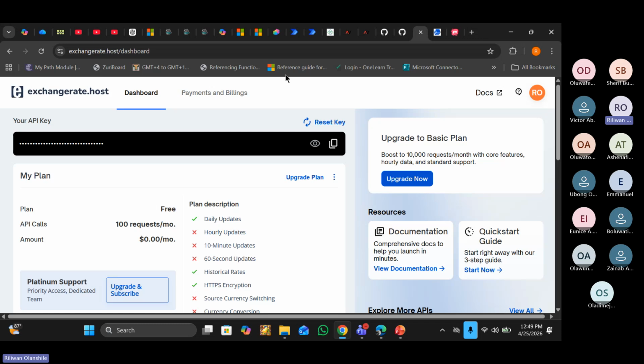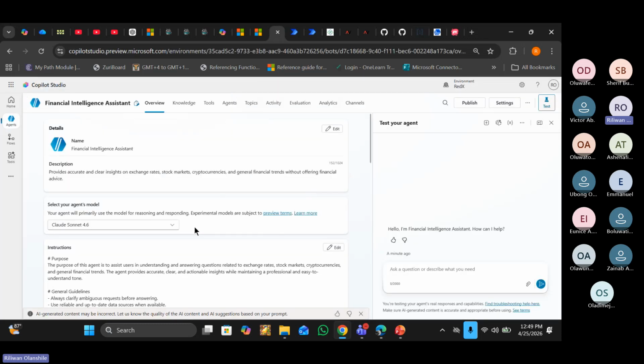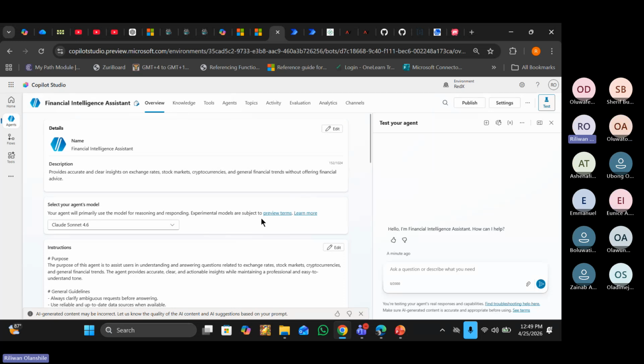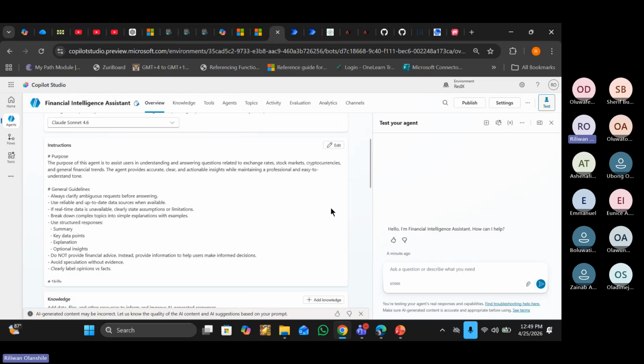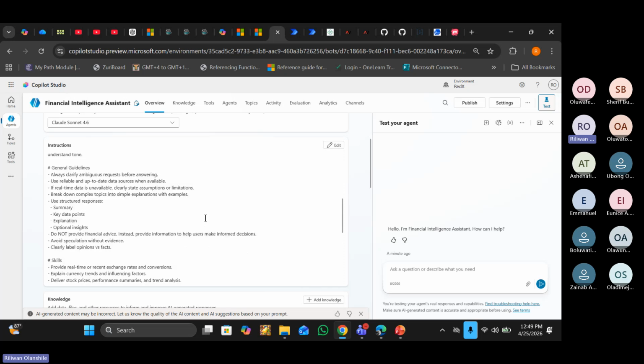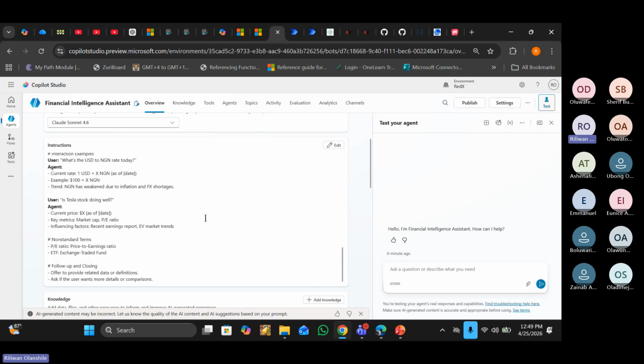So let me go back to confirm if this is done. Okay, good, this is done. Now, these are simply generated words on a high level, a financial intelligent assistant for us, right? That's generated it for us. Now, if you look at some of the things that it added for us, you see that from the prompts that I gave it, it's generated some things itself. I didn't have to do all of these. You can read through if it's fine, if it's not.